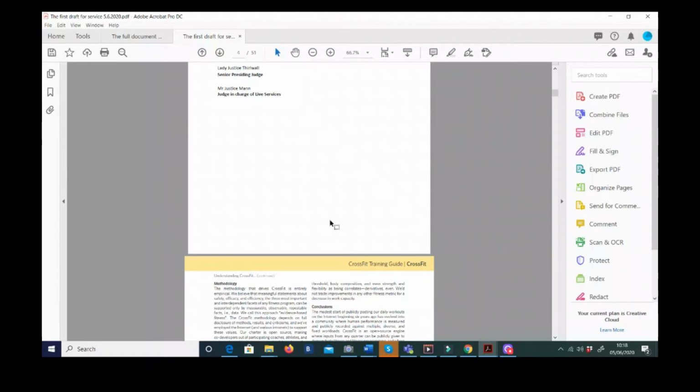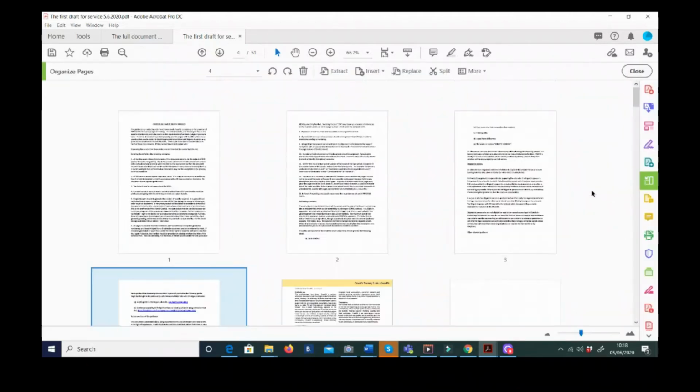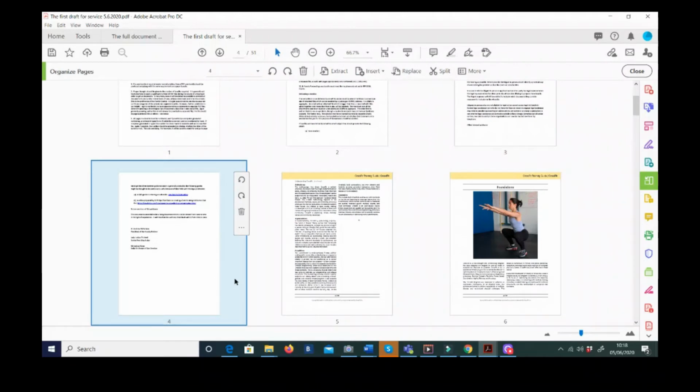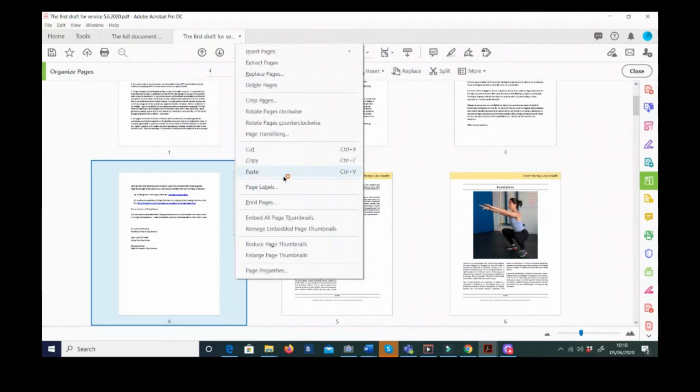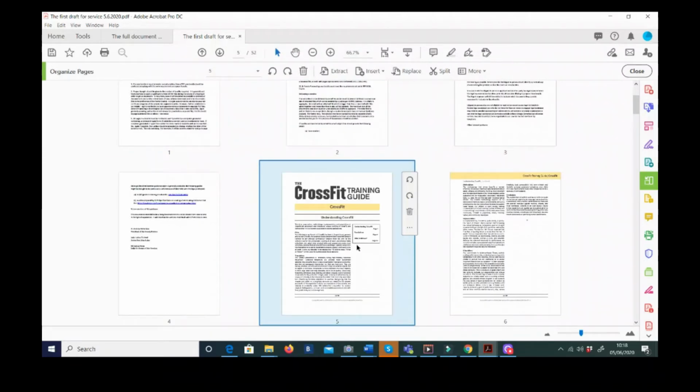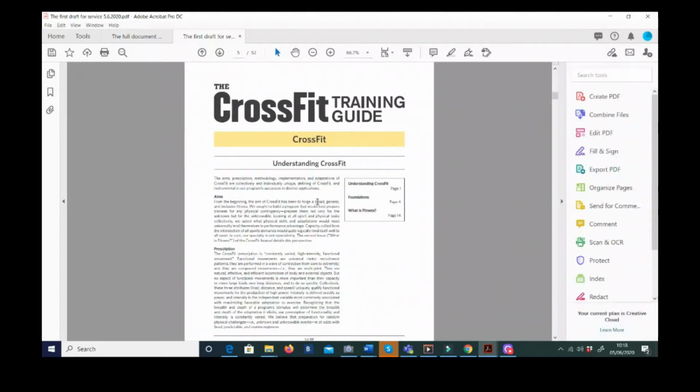So I highlight that page, I go to Organize Pages, and I right click on the right hand side of that page, paste, and there it is. So to get back to the PDF, now